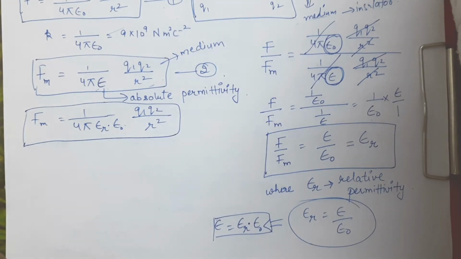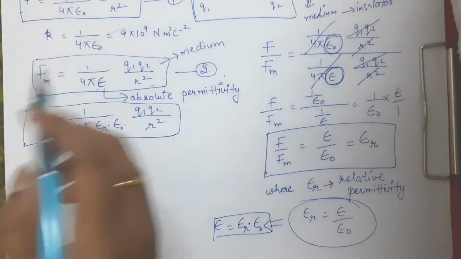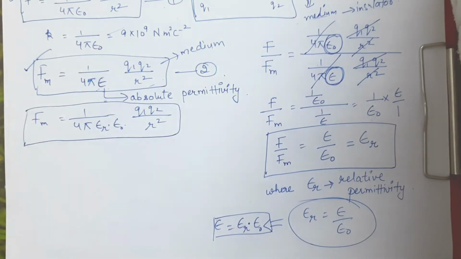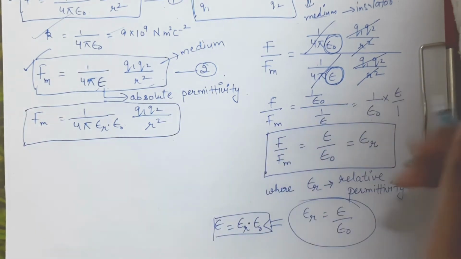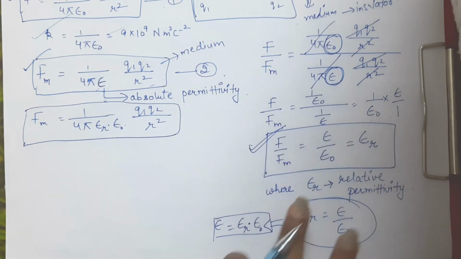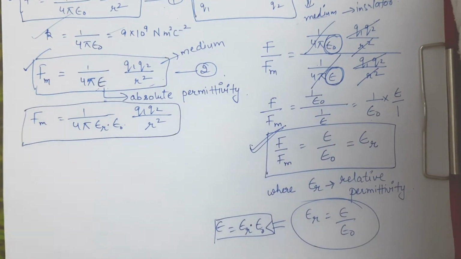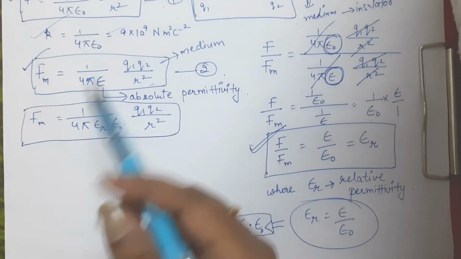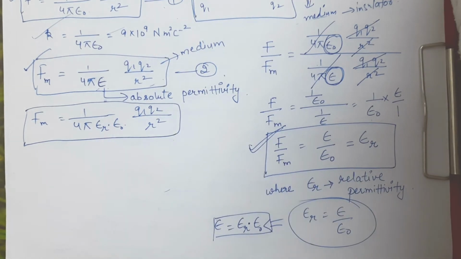So basically what you have to learn is this formula, this one, and this one, right? The remaining things are all interconnected, so you can derive one from the other. So these are the things you have to remember till now.